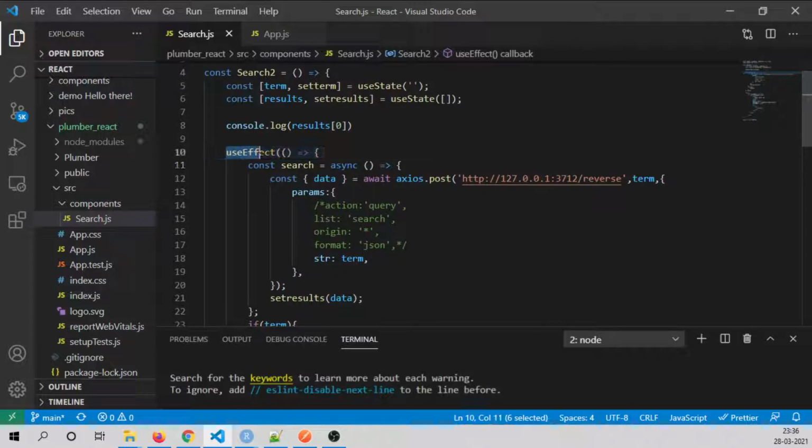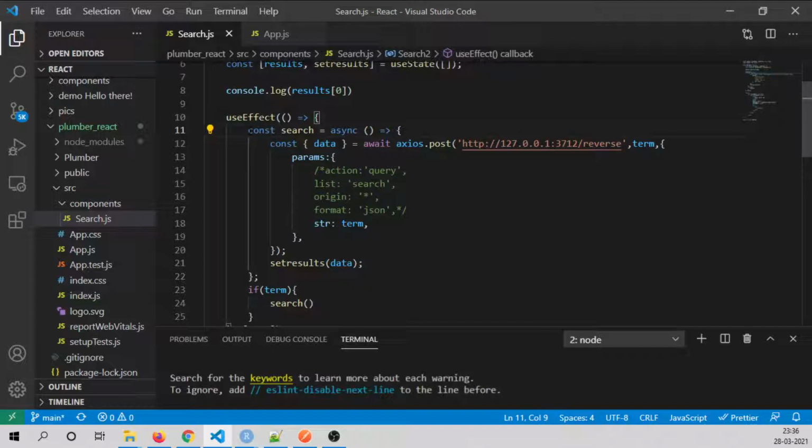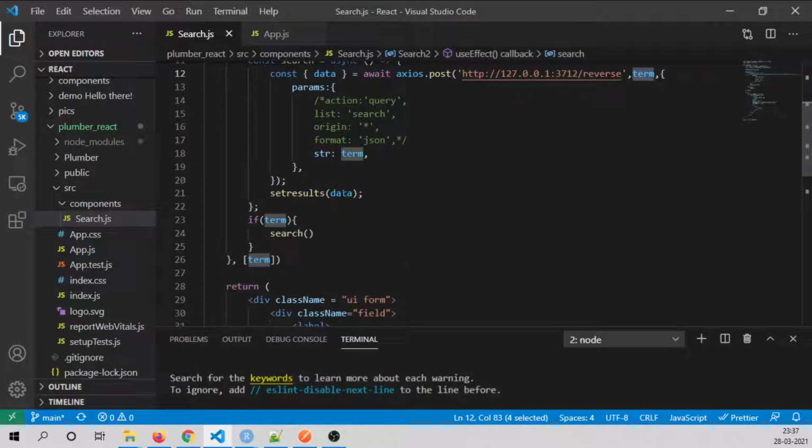So here you will see everything is wrapped inside useEffect, and we have made a search function which is asynchronous with Axios, and it is making a post request to this one with the API endpoint reverse, and the term we are getting from, let me just show you.